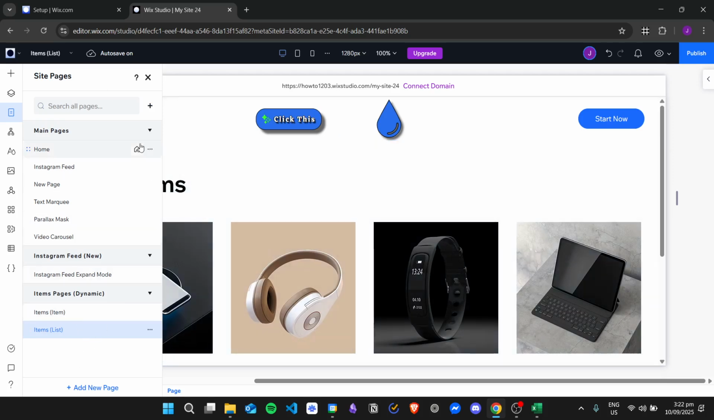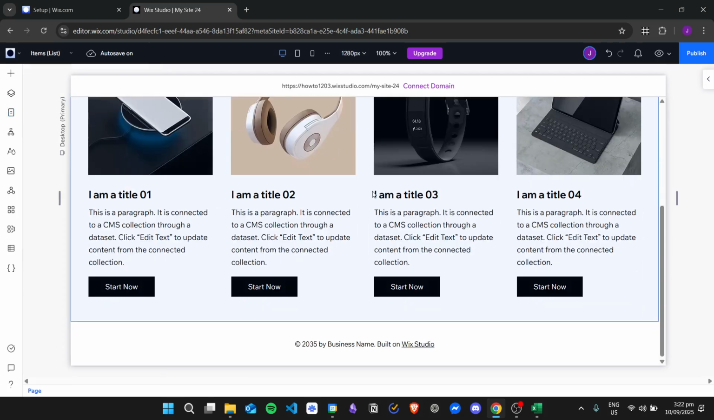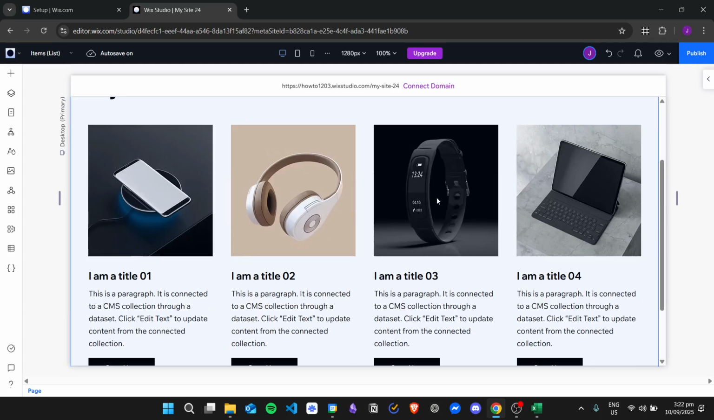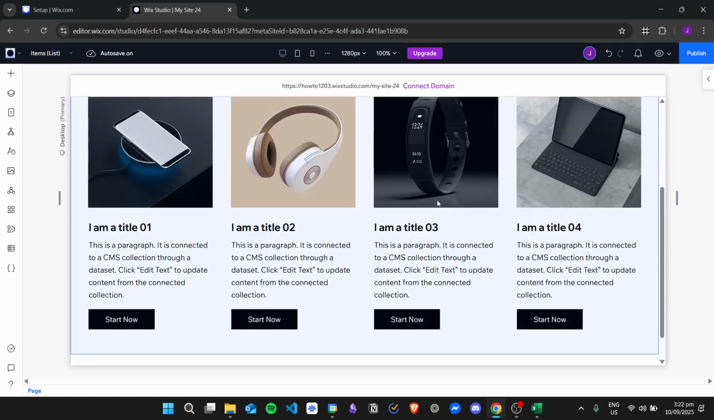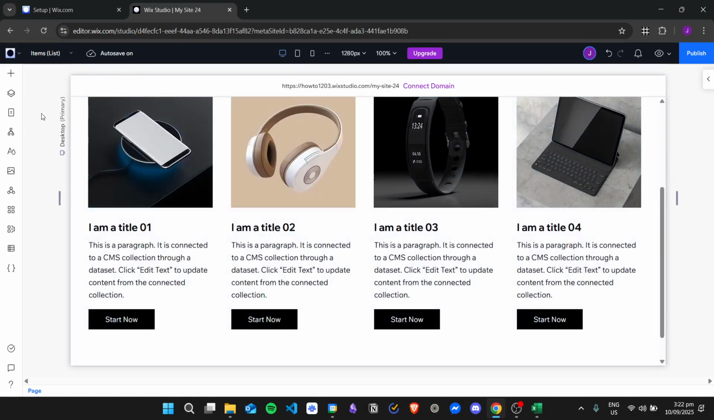And then now we have this one, which is the dynamic pages of an items here. That is the items list. So we now have this dynamic page right here. And if you want to add another dynamic page, you can just go ahead again